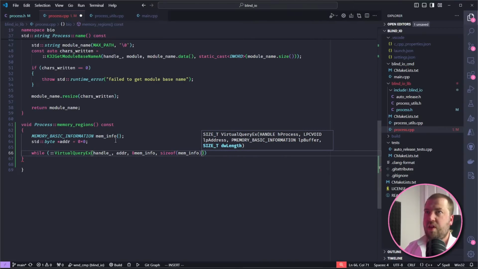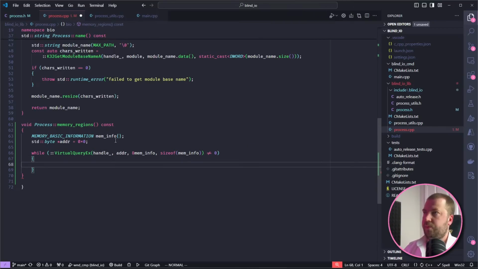So while that doesn't equal 0, which is the error. Again, the Win32 API is a little bit annoying sometimes like this. There's no way for it to tell you ahead of time there are this many regions and you should read all of them. It's just keep going till it errors, and good luck. Hope you got them all.